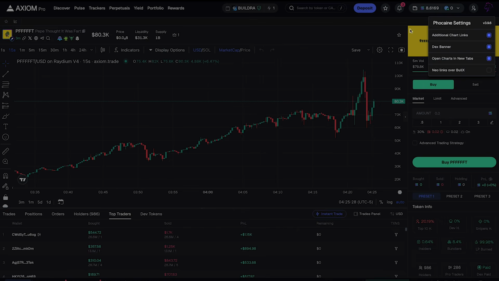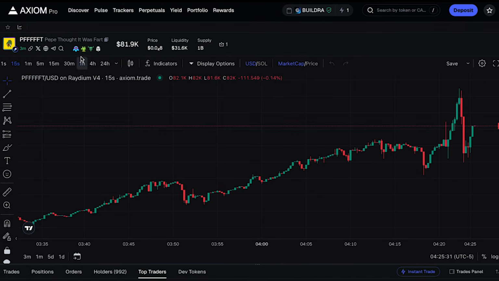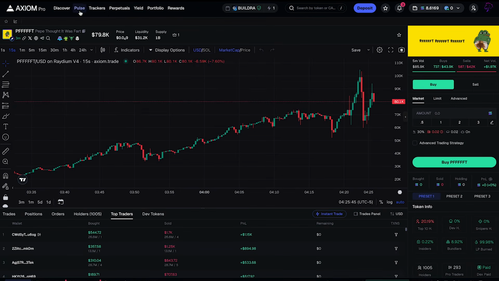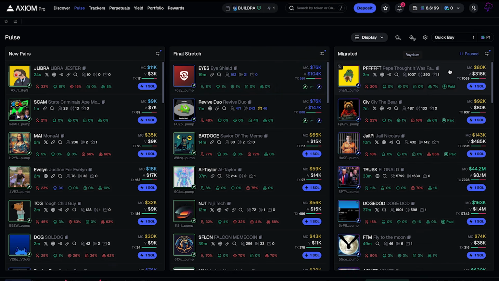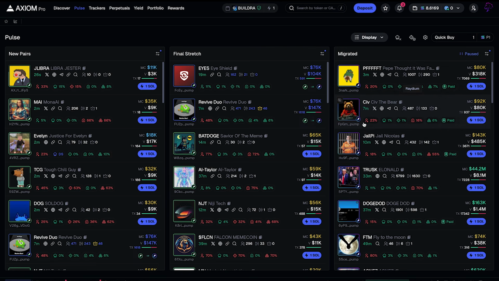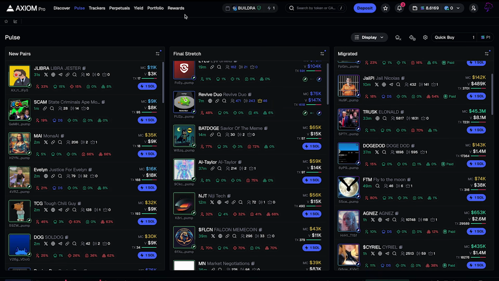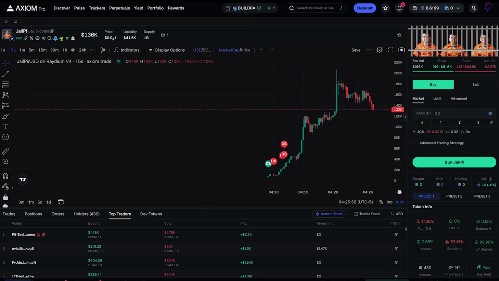Besides that, it gives you more links as well here. What it used to do is it used to give you the search one, but again, Axiom already has that installed, which is pretty cool. And I believe, what else, open charts in new tabs, something like that. I usually just click the middle button on my mouse for that. That's another quick thing that you guys can use. If you're opening multiple things, just click the middle button and boom, it opens up in another